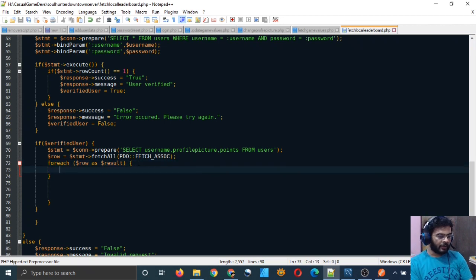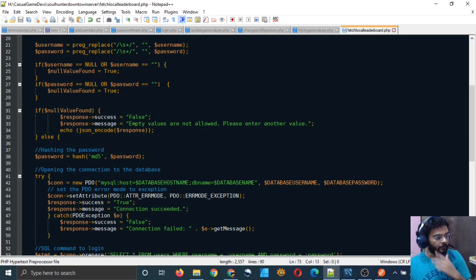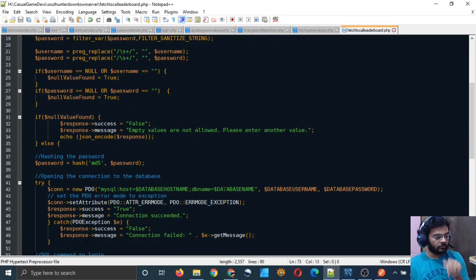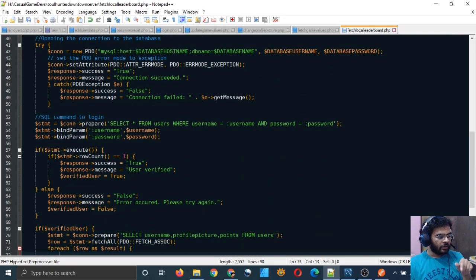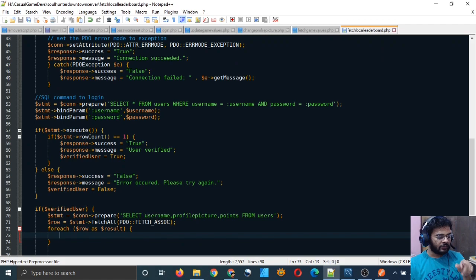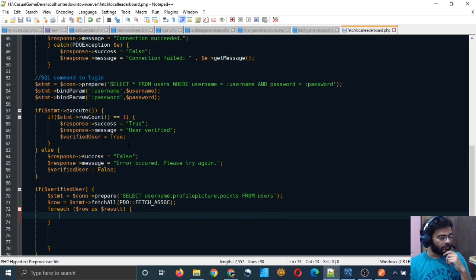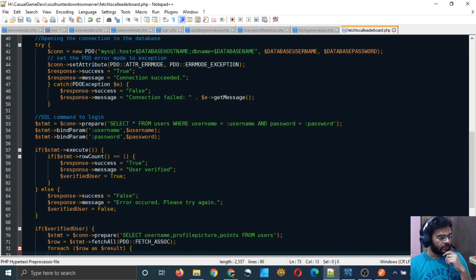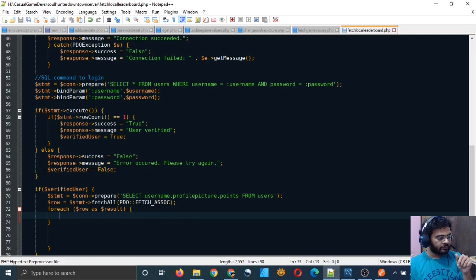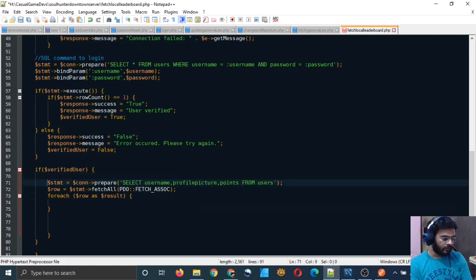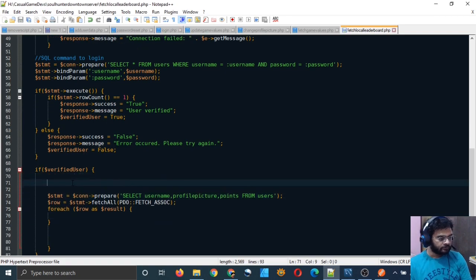So let me now do this. First of all, I will have to store the user score, I guess here in the login command. But not in the login command, it will be bad, or we can do it in the login command itself, but then it will be very confusing, so let me not do that.